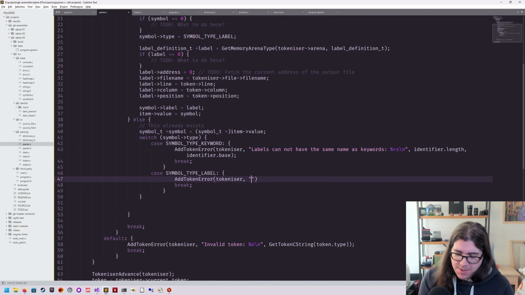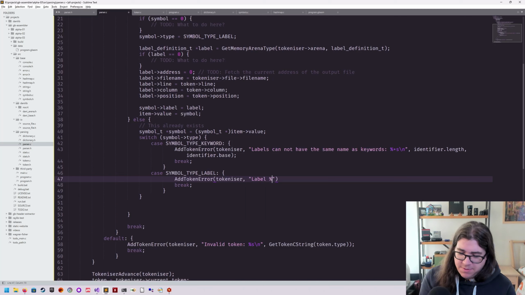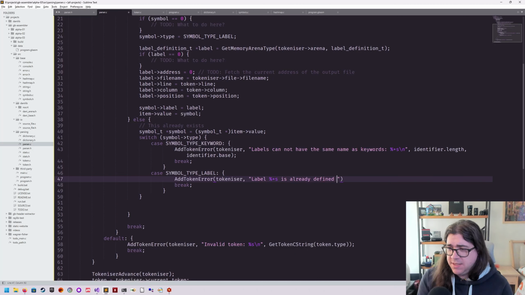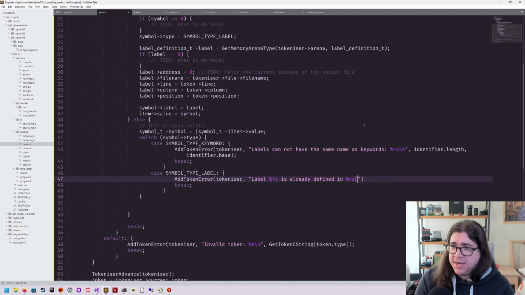So: label %s is already defined in, and then we have the file name, and then we can have the